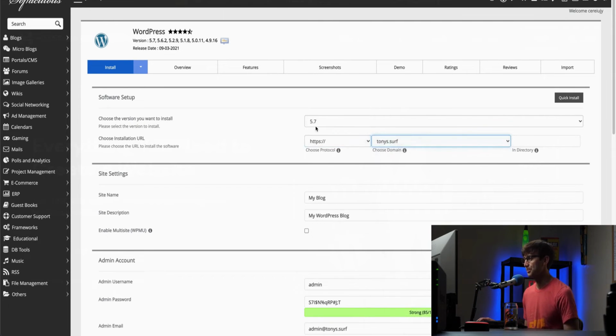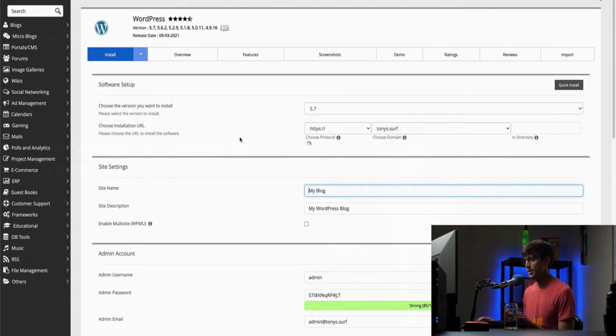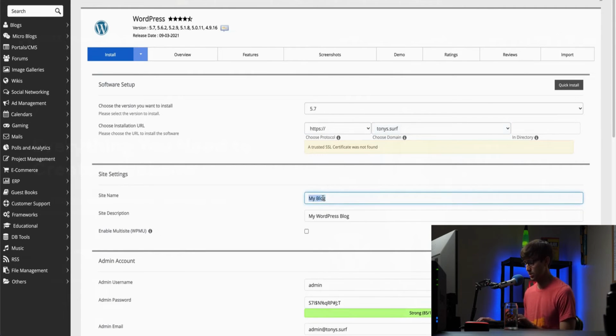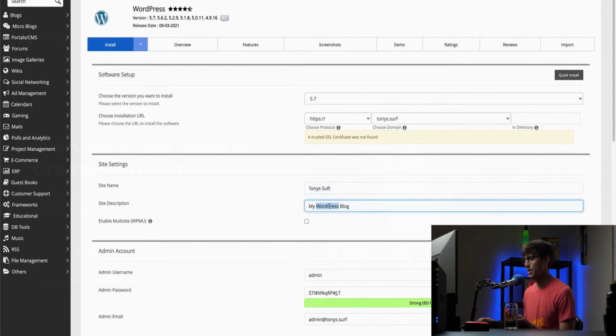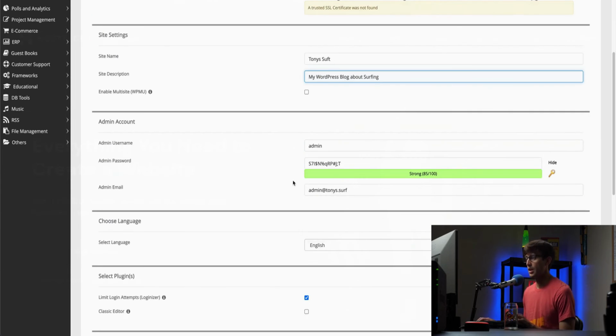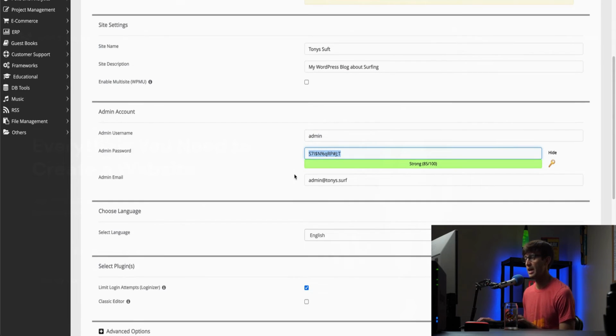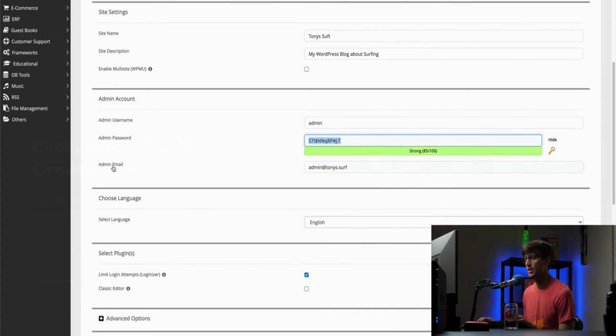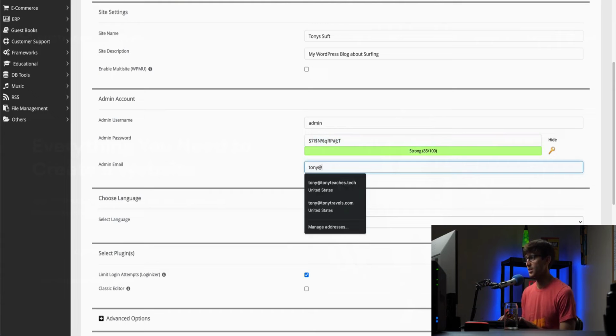So I recommend you choose HTTPS. You can do HTTP. Let's name the site. So we'll do Tony's Surf. My WordPress blog about surfing. And then admin username, pick something other than admin. I'm going to keep it admin for the sake of the tutorial. Password, I'll copy that, but don't try to hack my site. Admin email, I'll pick something that exists,